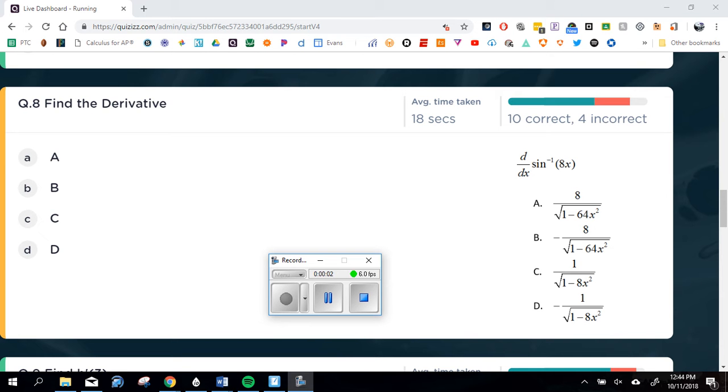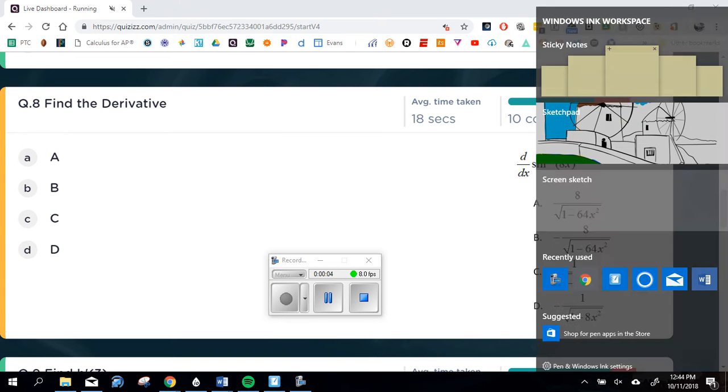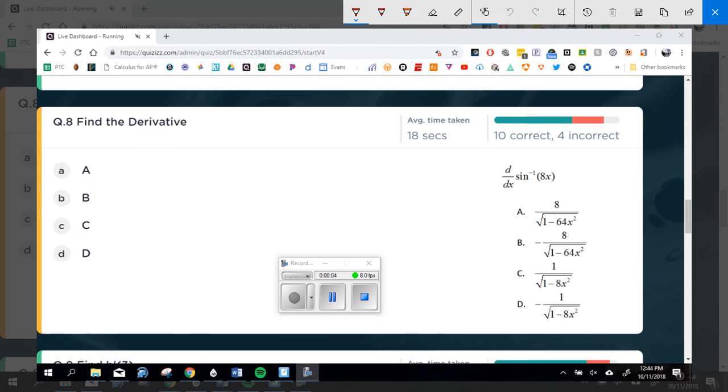Okay, so we're going over these questions, the one we missed most often. The first one says, find the derivative d over dx, inverse sine of 8x. In order for me to take the derivative here, the key is understanding the derivative of arc sine. The derivative of arc sine is 1